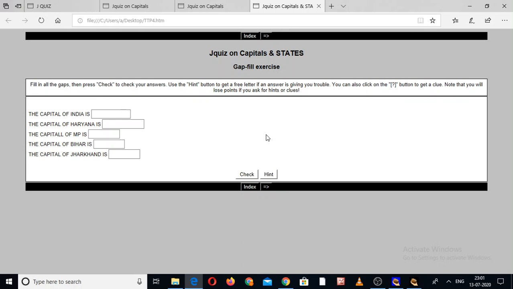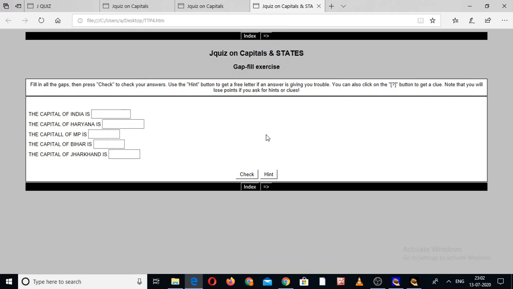So my suggestion is to get the printout of this one and hand it over to the students, but it's up to you. You can raise the number of questions and you can take your own subject. So content should be as per your subject. You can take English grammar or Hindi or whatever subject you have.